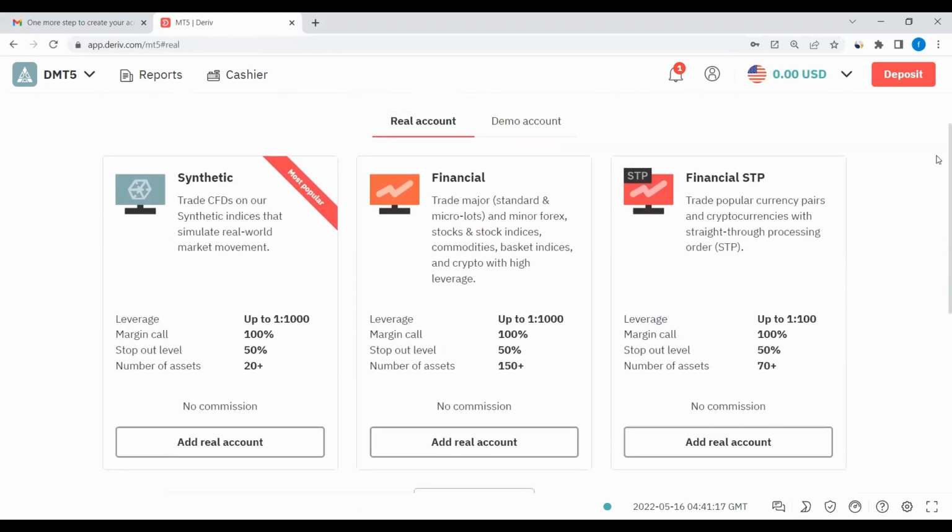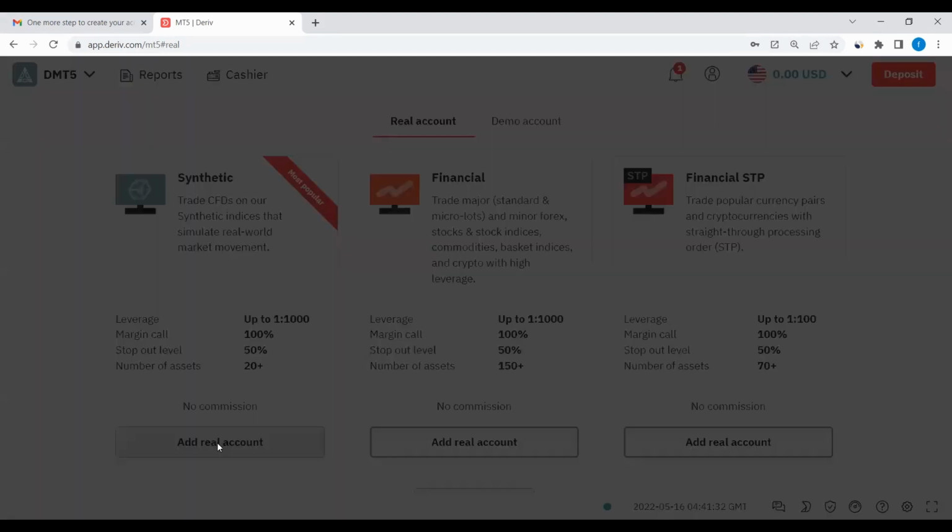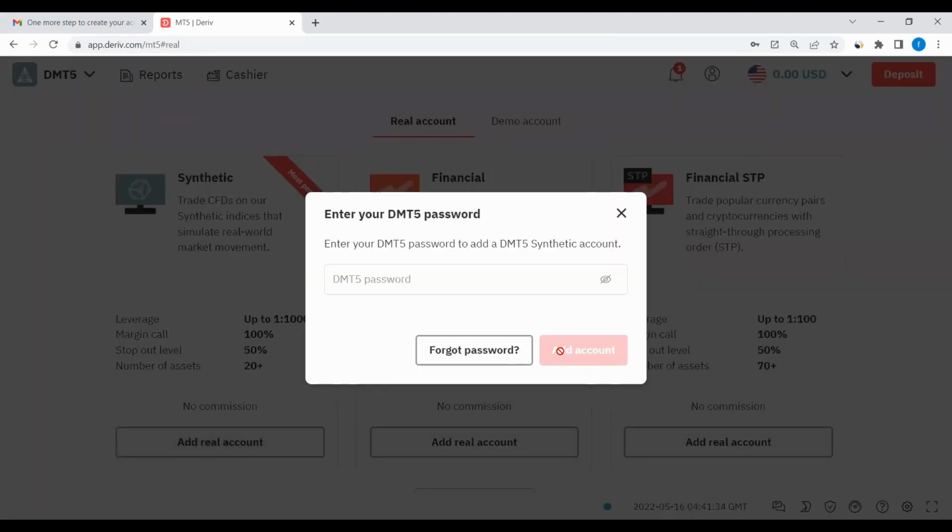So you can choose the same way we did. You can either come here and add a real account for synthetics, or financial. Remember, at first we added demo accounts. Now the procedure or the steps are the same, right? So I'll just click add real account. You input your password and then click add, right? So this is how we create